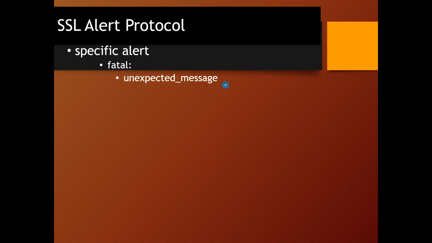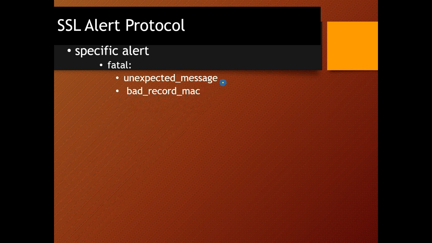Unexpected message means an inappropriate message was received. If you look at the names of these messages, provided for fatal or warning, just by reading the names you can identify what could be the issue. So here also, unexpected message means an inappropriate message was received.